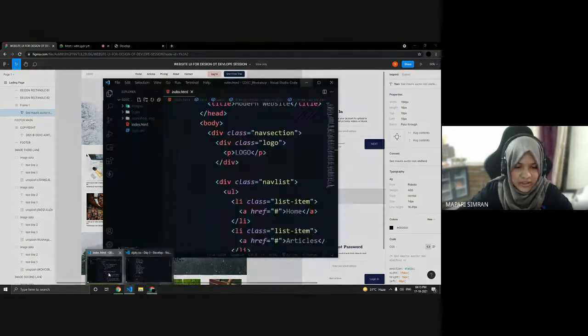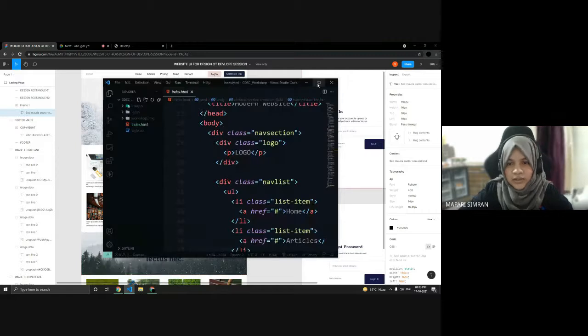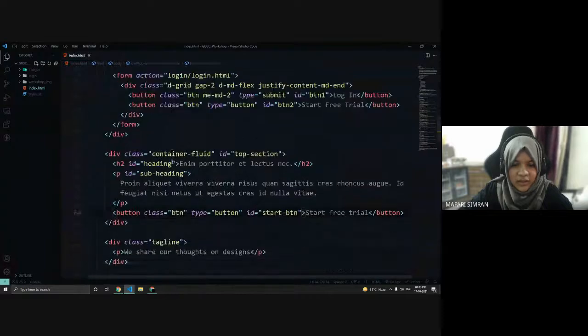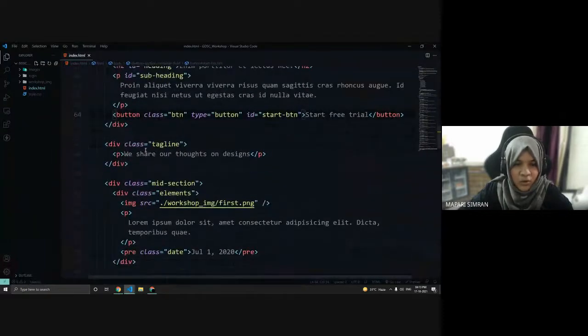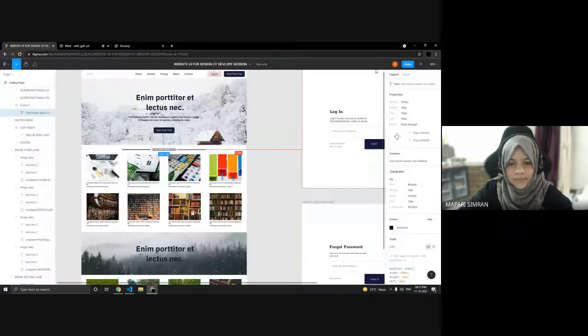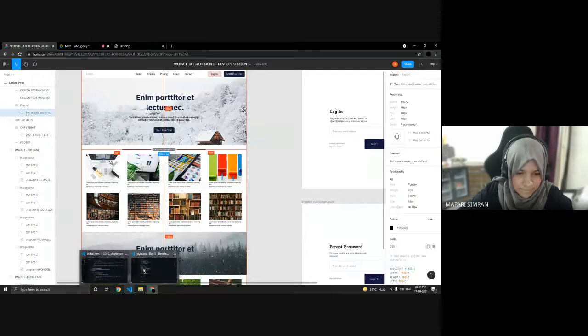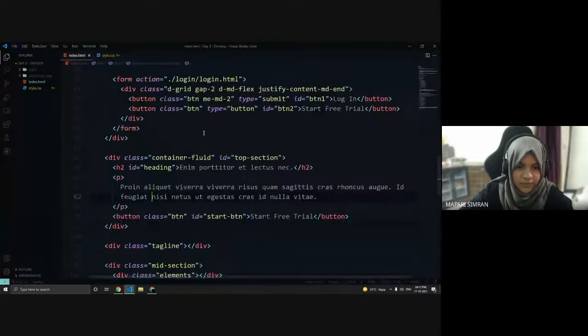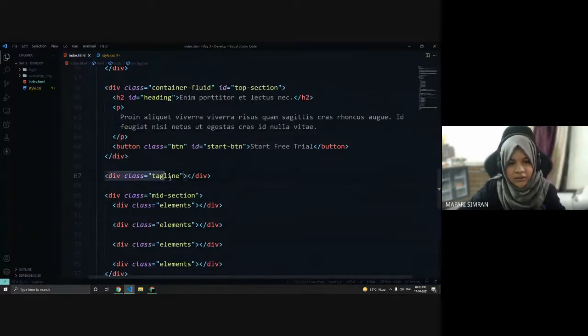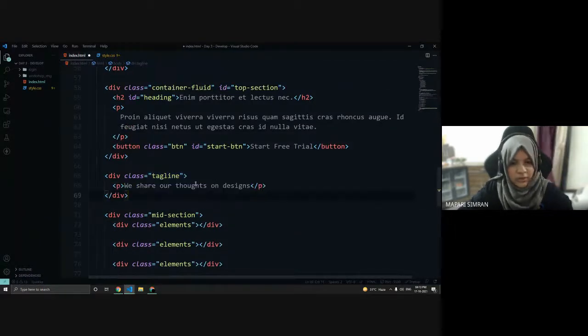Let me just get the code from here so that we don't waste much time typing the code. Okay, so this is the tagline, right? So let's just take this code from here, and in this, here we can add the tagline.